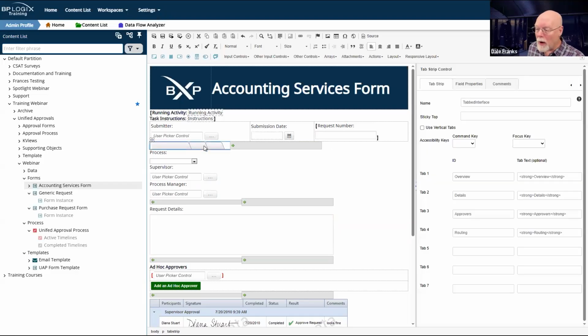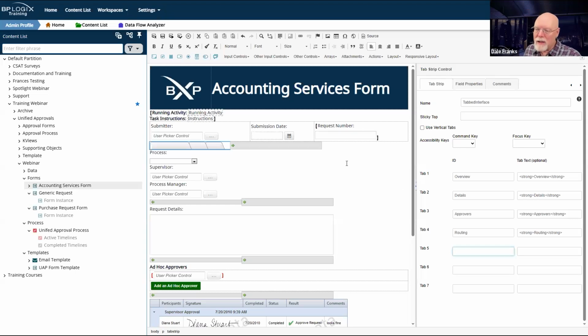So if I want a tab instead of details, one that says, you know, financial or AP/AR. And then I just throw in another tab that I call travel. I can still have an accounting services form, and I can have all of the fields that I require on both of those forms on a single form. I just have them on different tabs. I can customize this easily to throw the fields on that I need.